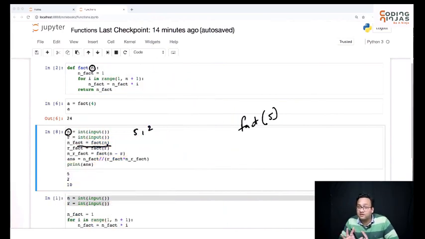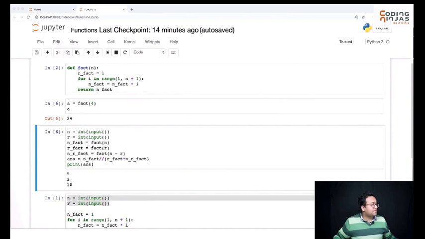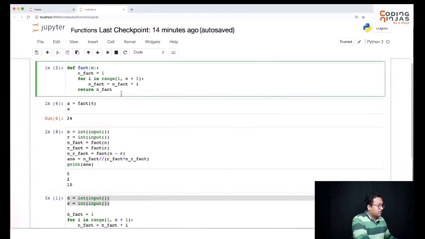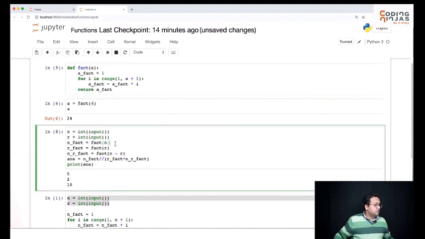They are two different variables. Don't get confused on that. If you want, for now, let's just use a different name here. Does not matter. Okay. So this will still work.